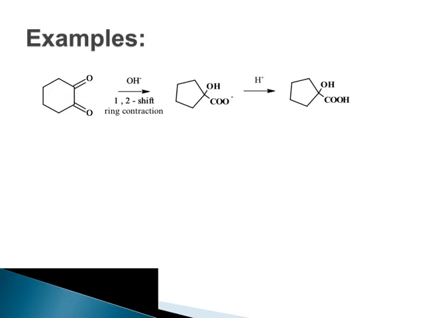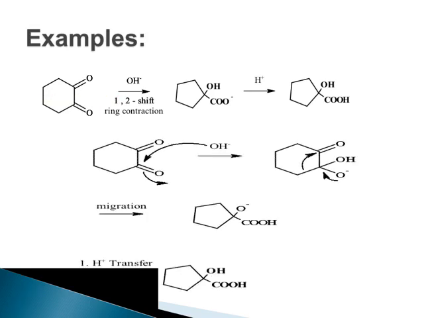We can divide this into two identical halves. So here is the mechanism for this example. OH minus will attack on one of the carbonyl carbons, oxygen acquires negative charge, we get this alkoxide ion. Then this O minus will shift here, sigma electrons will migrate, there will be ring contraction, a decrease in ring size